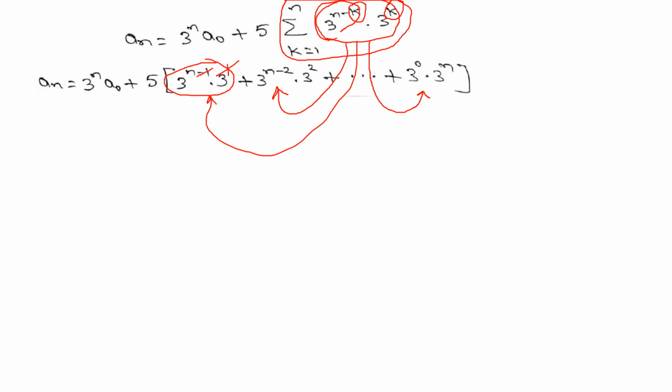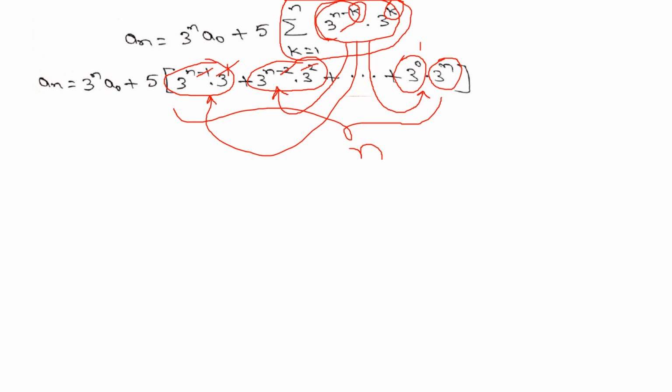so it gets 3 to the power n. Similarly, in the next term also, if you add the powers as the bases are same, you get 3 to the power n. Anyhow, 3 to the power 0 is 1, what remains is 3 to the power n. So 3 to the power n will be repeated for n times. 3 to the power n will be added for n times.